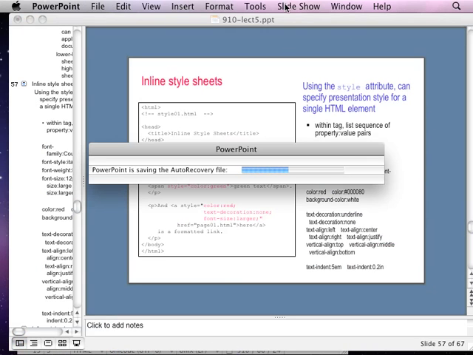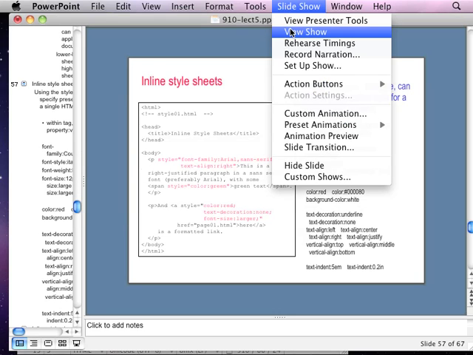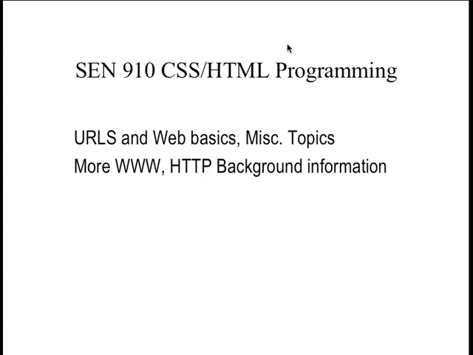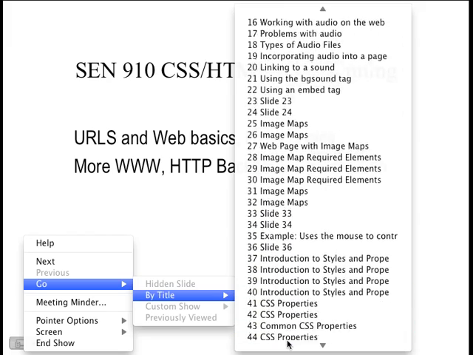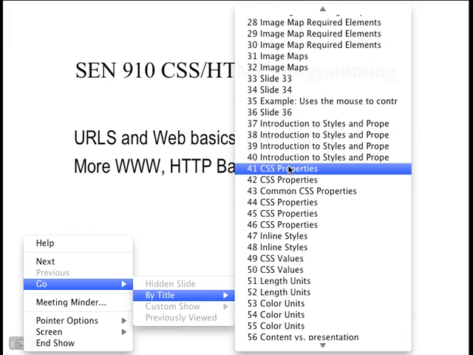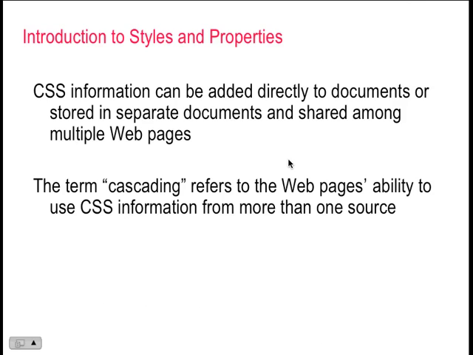No one's going to ever, whoops, auto recovery. Now let's see. Okay, let me go back to the